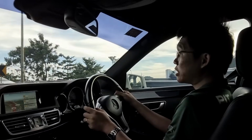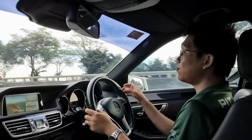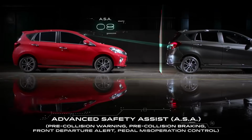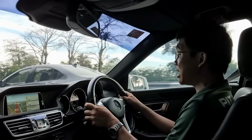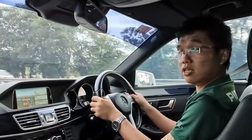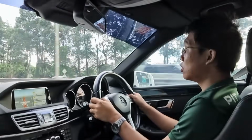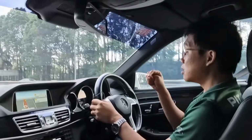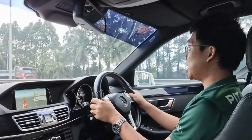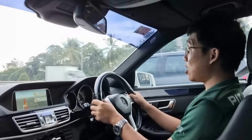So of course, this is not cutting-edge technology. Today you find this feature even in a Perodua Myvi, but bear in mind, this car I'm driving now is a 10-year-old car. It doesn't even qualify for a loan anymore. Back at that time, this was cutting-edge technology. So I am going to test out